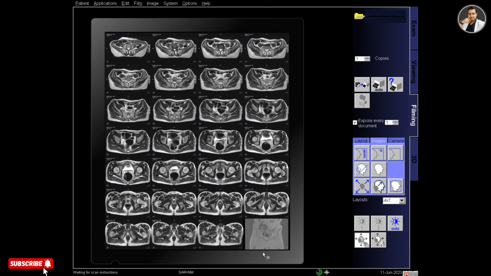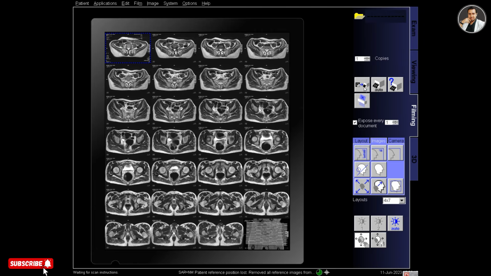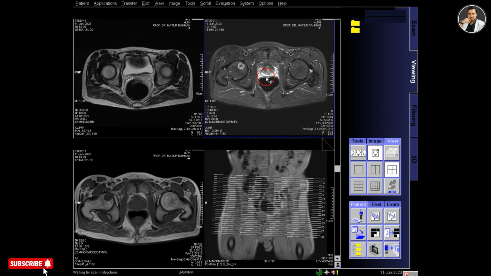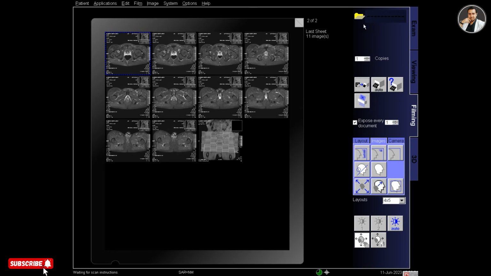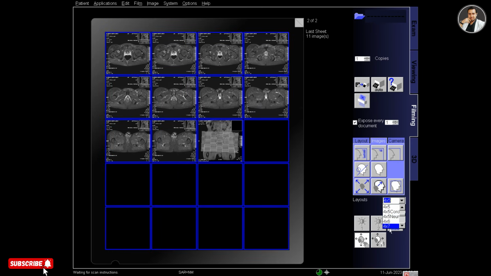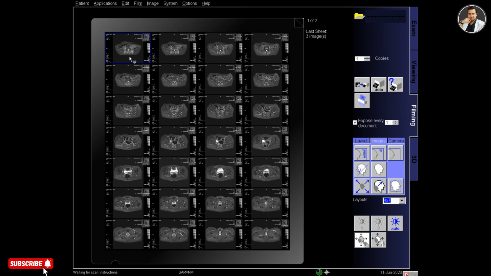In this case, I am not using a contrast. As the doctor advised, non-contrast MRI pelvis, but there is a lesion in the right femoral head. So contrast should be used in this case, but the doctor didn't advise it. The doctor advised non-contrast. Maybe there is a problem with the kidney of the patient.